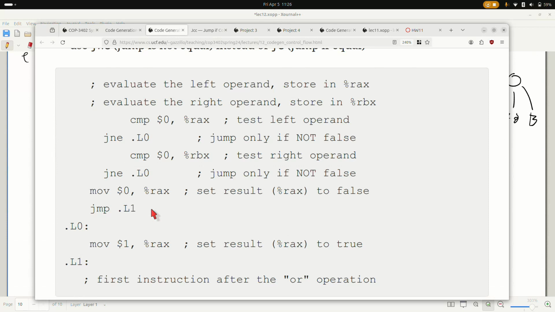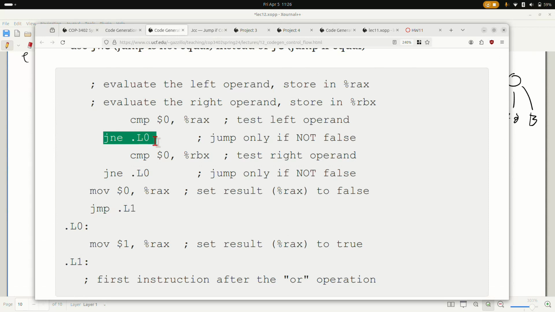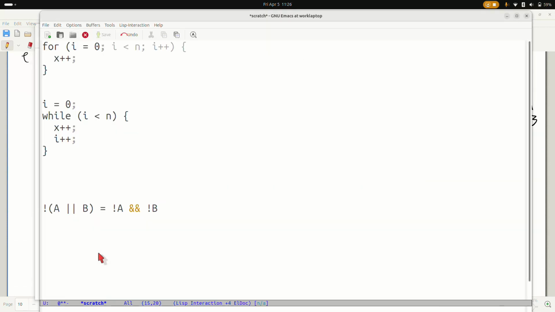You can also use De Morgan's law to convince yourself on paper that this works. And this is effectively De Morgan's law, actually, I think, because we're changing the comparisons from equal to not equal, and then we're negating the resulting value. So this is actually De Morgan's law, I think, right? So we take whatever this resulting value is, and we negate it, and that will give us A or B. So this C here is the result of not A or B. So if we negate it, then we get A or B. To negate